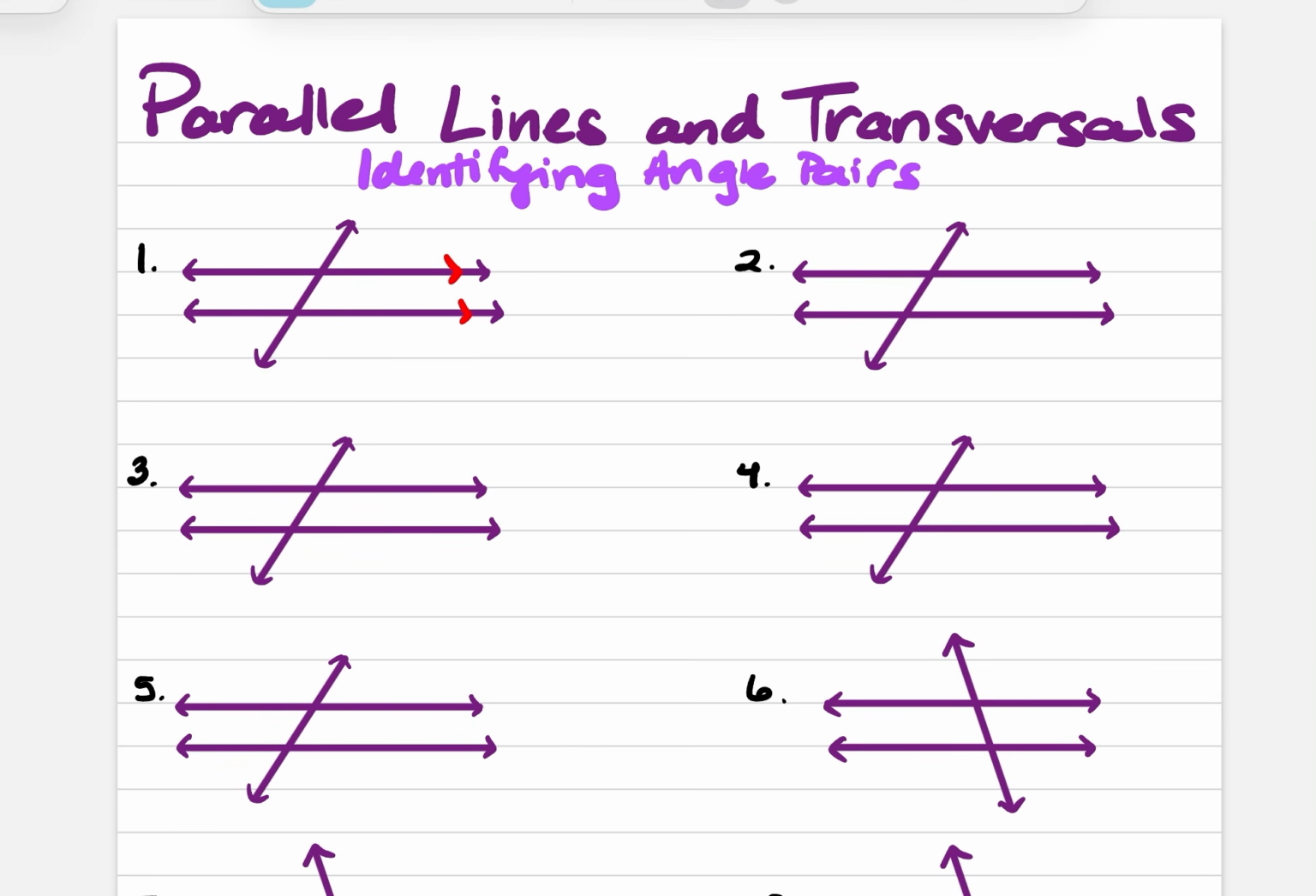And then the line that goes through them, in this case I drew a diagonal line, that's called the transversal. A transversal is a line that goes through those parallel lines. So whether or not the lines are parallel,